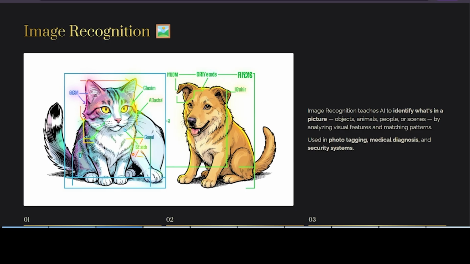Image recognition teaches the AI to identify what is present in an image. For example, imagine you upload a photograph that contains a dog, a bicycle or a tree. The AI analyzes the picture and predicts that these objects are present. It doesn't yet identify their exact location, it simply recognizes what the image contains, okay.